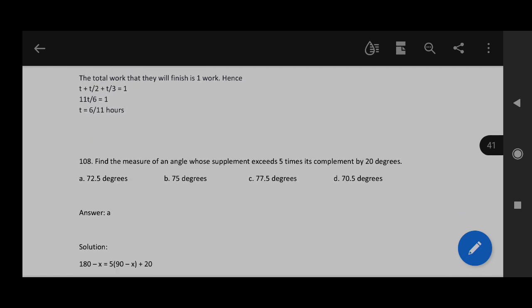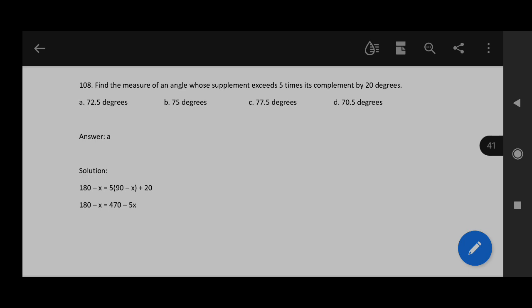Next, problem 108. Find the measure of an angle whose supplement exceeds 5 times its complement by 20 degrees. So, the supplement is mentioned there; it exceeds 5 times its complement by 20 degrees. The answer there is letter A, 72.5 degrees. So, how do we come up with 72.5 degrees? So, solution,